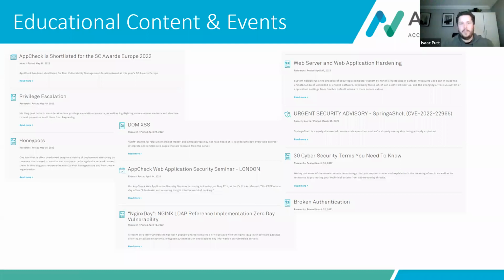So AppCheck does a lot in the industry for being able to share the wealth out there. When I mentioned the OpenSSL vulnerability from earlier, it wasn't just our partners that were communicated to. It was everybody in our database that is subscribed to general marketing and information. I remember having conversations with businesses that had never bought anything from AppCheck, that were incredibly proud to know that we were communicating to everybody as much as we possibly could about not only the vulnerability's existence, but also its severity, because some organizations did turn around and say to us that now we understand this is less of a priority, we can get on with our other things.